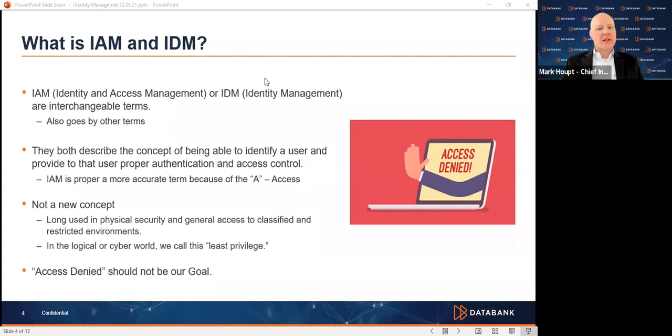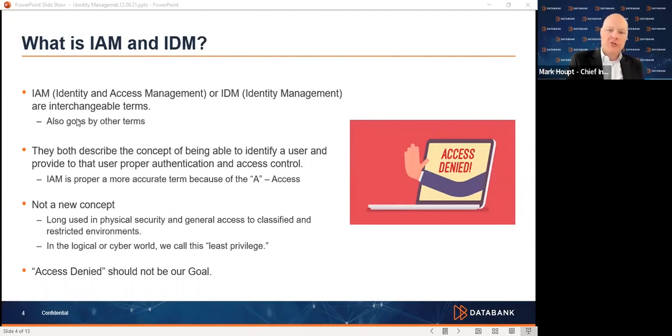Identity and access management was layered on top of it after the 1994 collegiate paper that really started talking about least privilege and identifying that inside of the logical world, we're not only needing to identify people, but we also provide access rights. So both of those terms can and should be used interchangeably. But don't forget that identity and access management, identity management goes by different terms. Some of them are marketing terms like zero trust that are evolving into legitimate defined terms. So IAM and IDM is what we'll talk about going forward in this webinar.